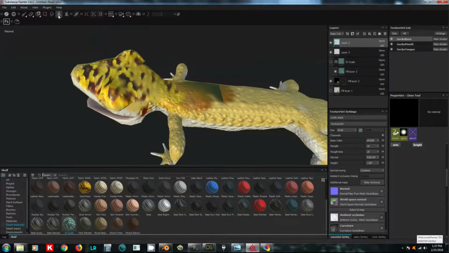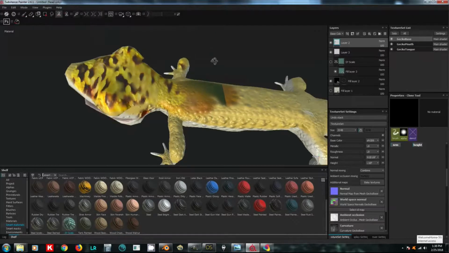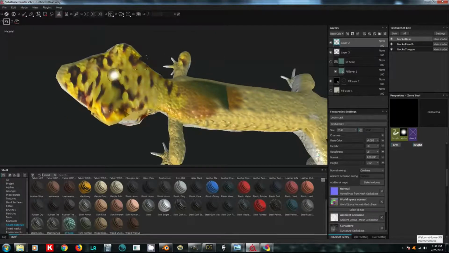So you click on this little button up here that says Clone Tool, and then you find the place you want to clone from on your model and hold down V, click on the place you want to clone from, and then you move to where you want to paint, and you just paint, and it'll follow the direction of your stroke. And you can relocate the place you clone from by, again, moving your cursor there, holding down V,